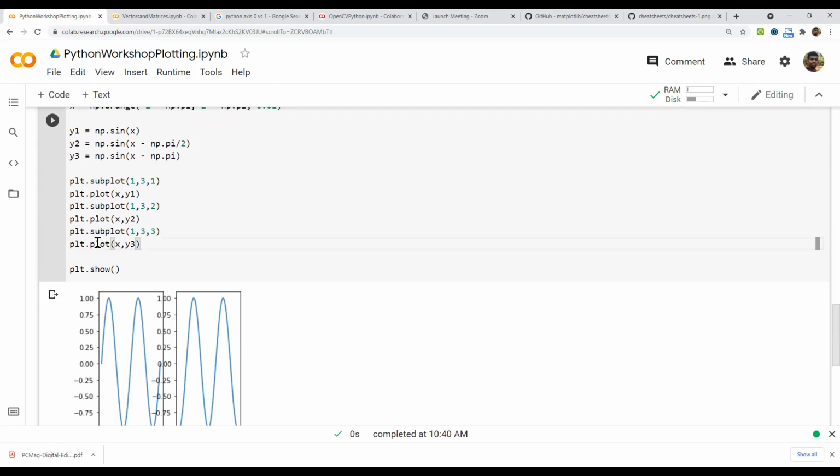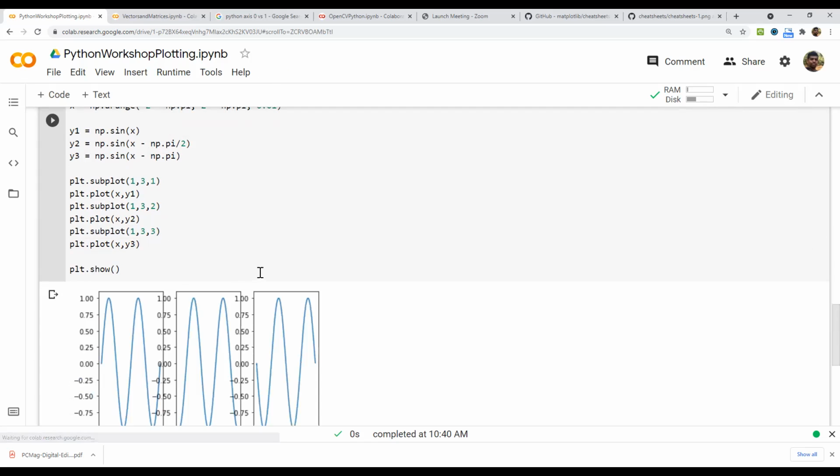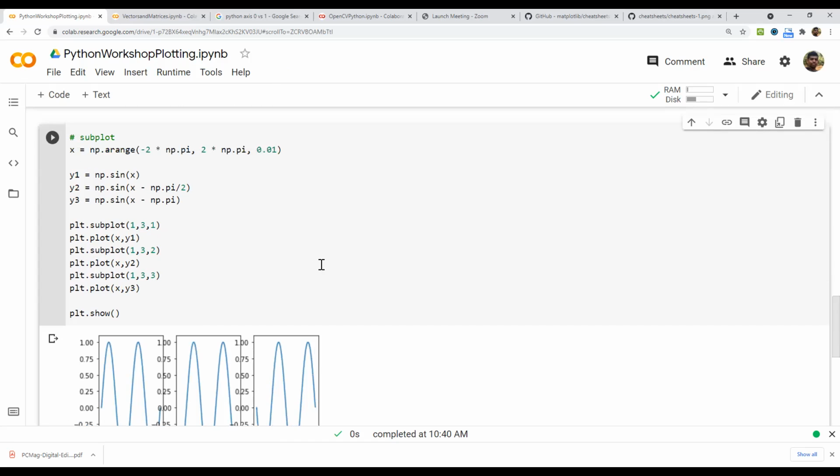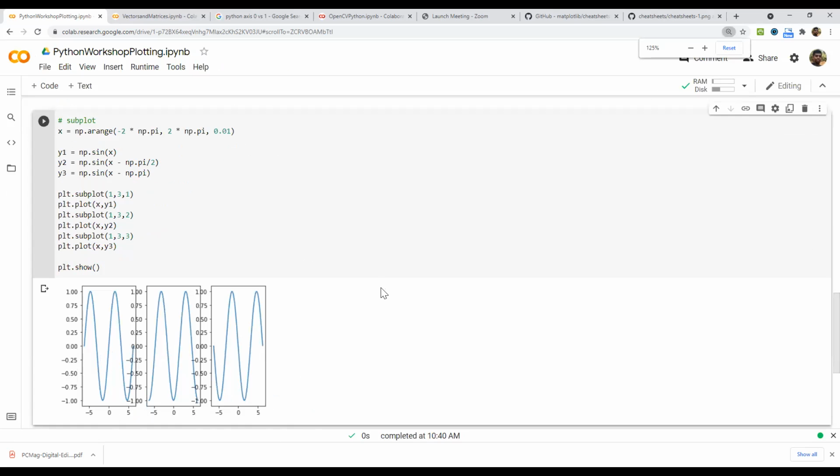Third one, right, the last one. So this is what we will get. So basically, as I told you earlier, what happened here with the subplot command, it separates the figure into 3